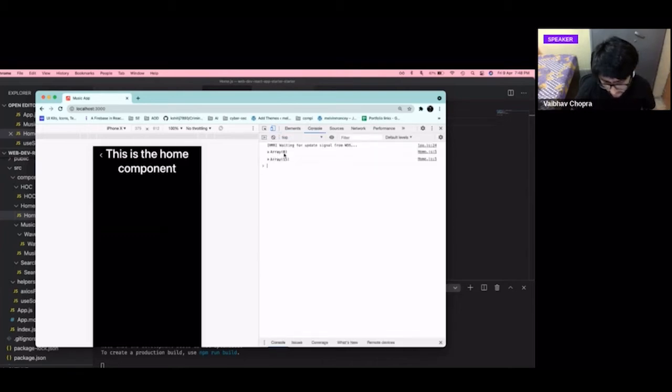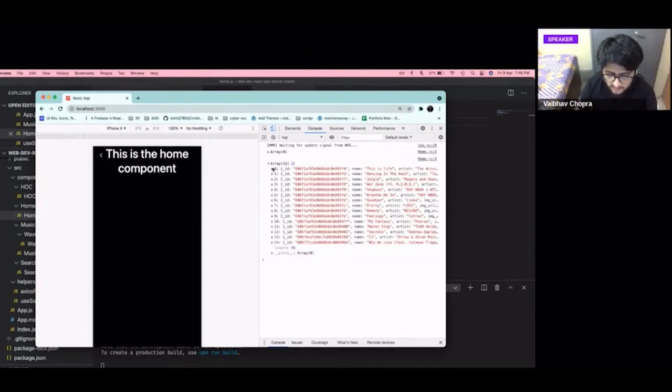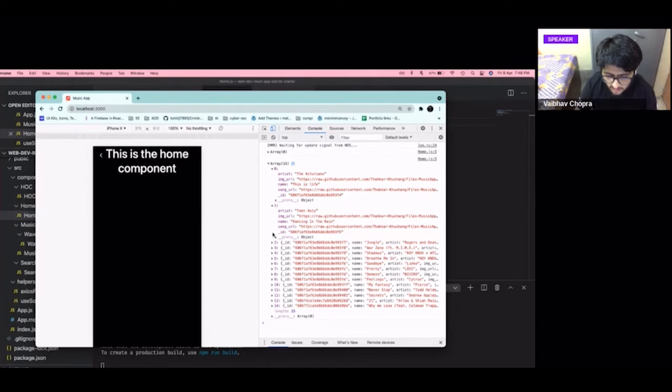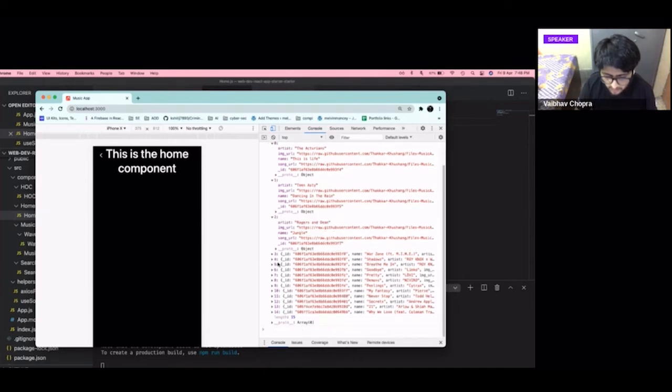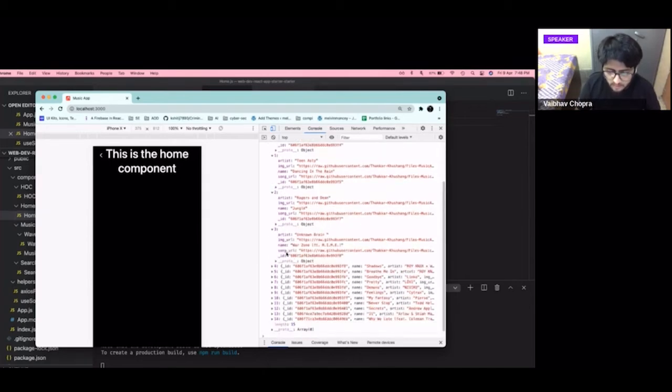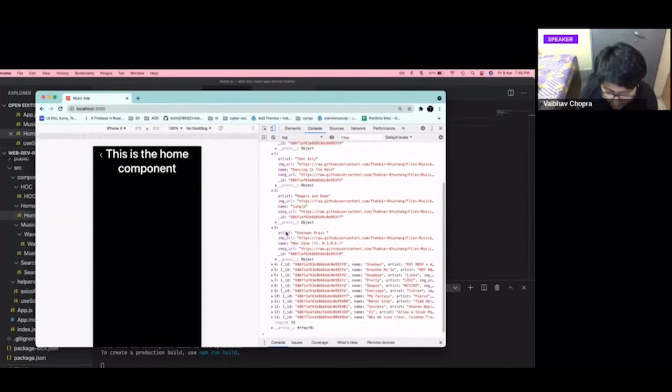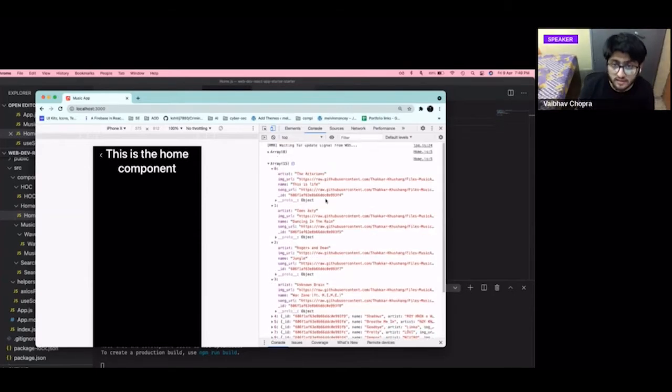See, first of all, when it rendered, it had 0 songs, okay? Because, like I said, it would have 0 elements at the start, but once the data fetching is complete, it would populate it and re-render the component. That is the power of React. So once the fetching is complete, you will see we have all the songs which we inserted in our backend. They are now part of the front end. So if the person who was asking about how Ajax is done, this is how you do Ajax in React.